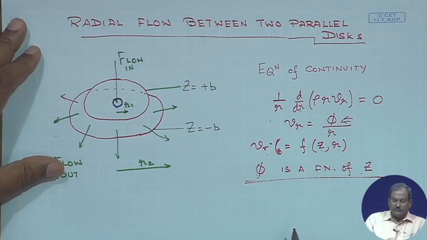Now, which component of the Navier-Stokes equation are we going to use next? It's a cylindrical coordinate system. V theta is 0, Vz is 0. So we must start with the r component of the Navier-Stokes equation in cylindrical coordinate system that will describe the flow in between two parallel disks when they are separated by a distance twice b, and when there is a pressure gradient forcing the liquid to move radially outward. So we start with the r component of the Navier-Stokes equation. I will write the r component, which would be